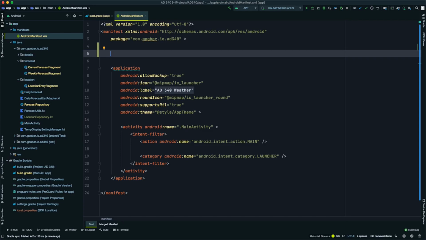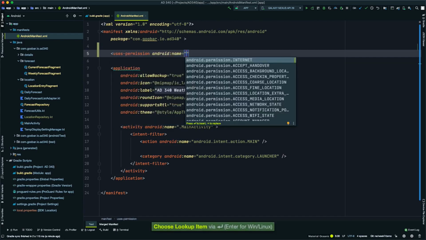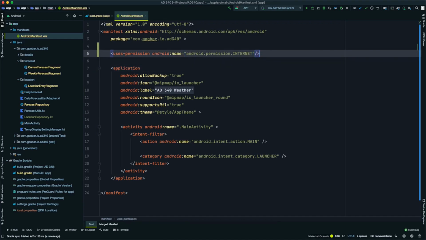So to do this, we're going to type an angle bracket, and you should start to auto-populate the options for you. So in this case, we see this uses-permission tag. I'm going to hit enter. And then again, immediately, it's going to suggest that I use the android.permission.INTERNET permission. And then I'll just close out that XML tag. So by adding this, uses-permission android:name equals android.permission.INTERNET, we've declared that this app will use the